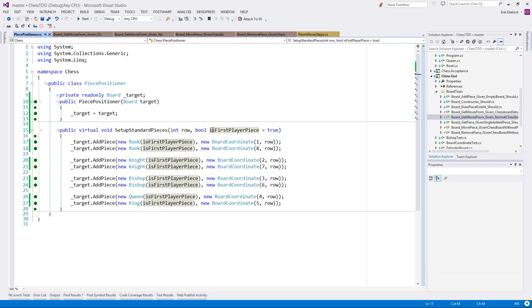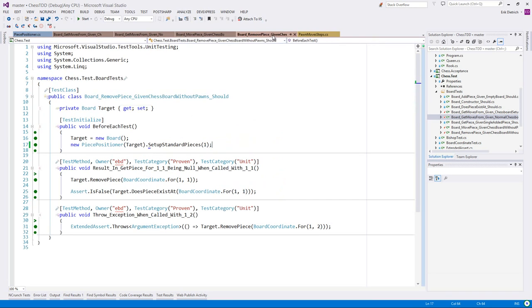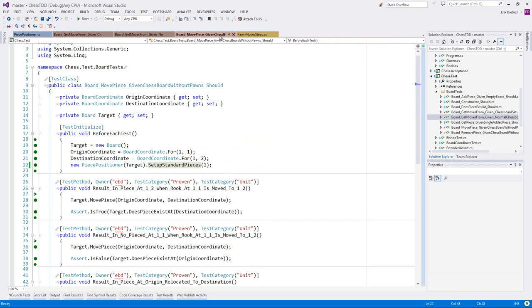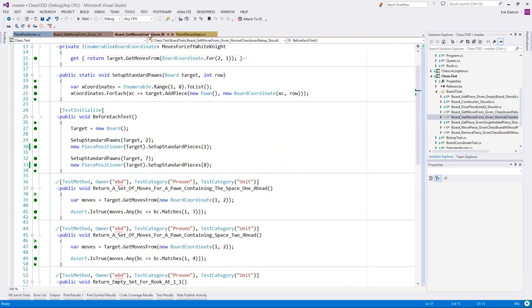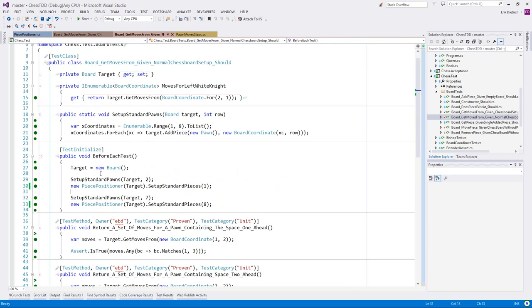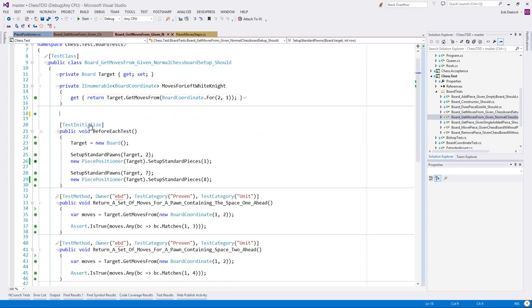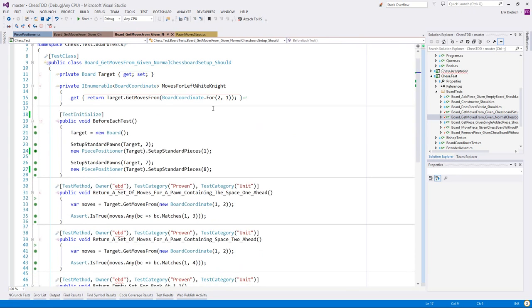And another thing is, probably at some point later, I will add some unit tests for this piece of code that had been in a test class and is now in production. So this thing, the piece positioner, is covered, but it's covered by test setup. And that's sort of a bit of an oddity. It'd be nice to have some first class tests on there, but we can feel relatively good about it because